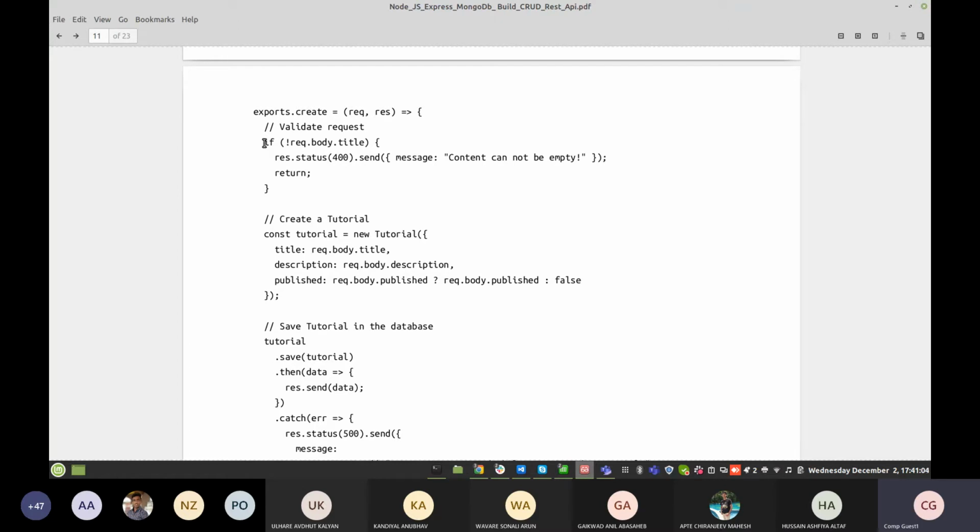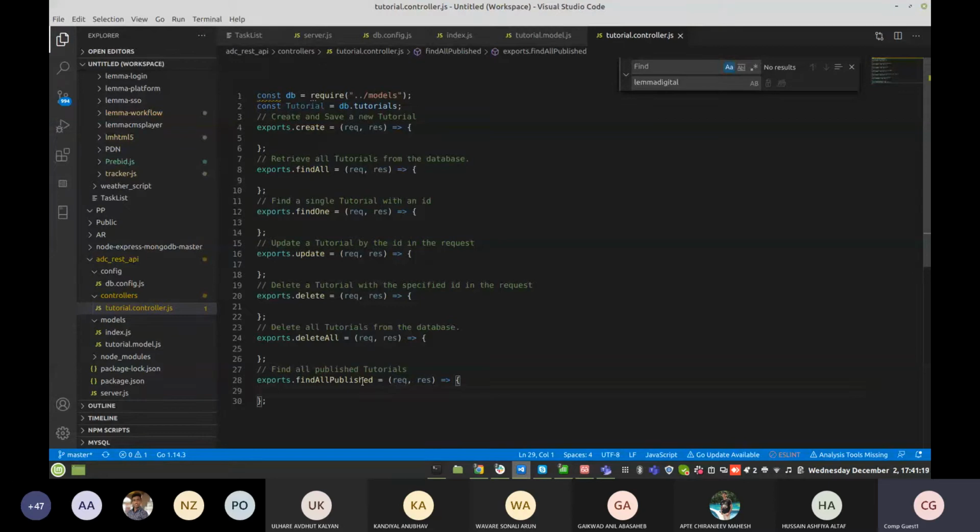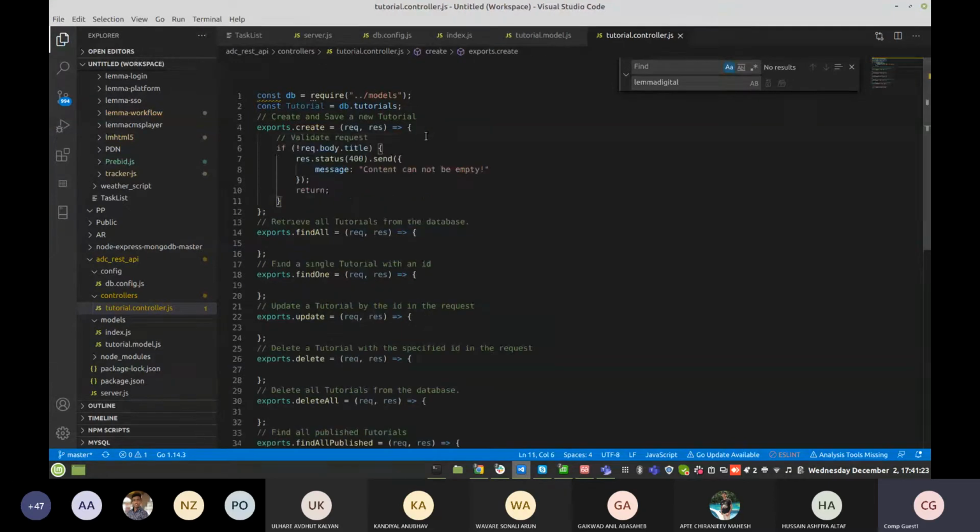According to your status you can send a message, such as content cannot be null or empty, or whatever message you need to send. We have added this part into our create application.